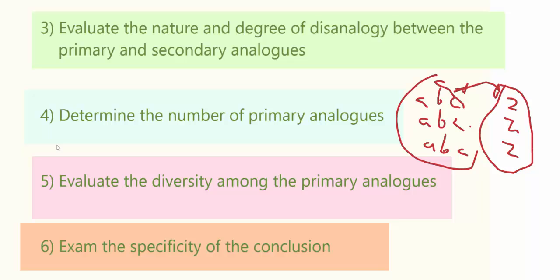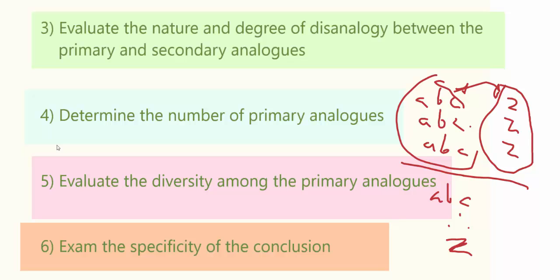So then once we find out that our secondary analog has A, B, C, then it's a good inference to make that it has Z as well. So the more primary analogs you get, the stronger your argument is getting. And what our fifth principle tells us is that